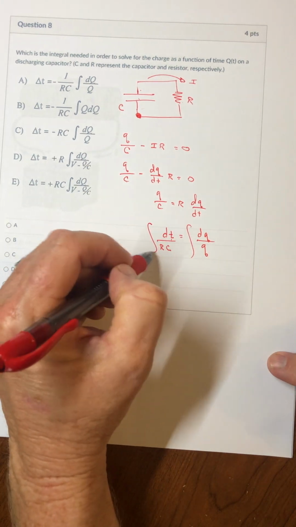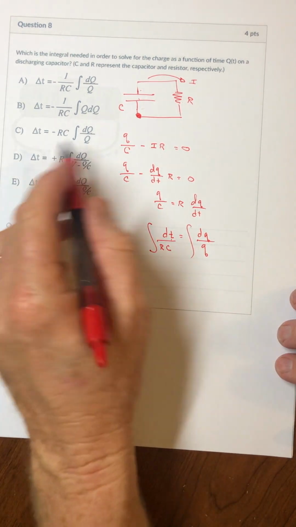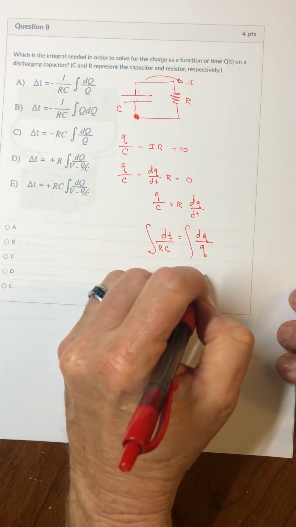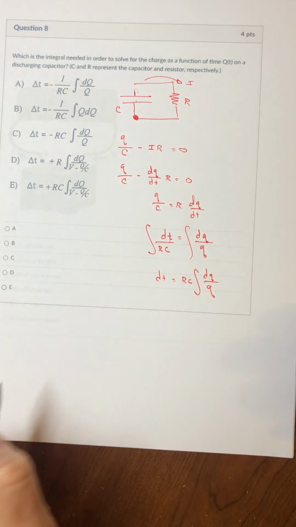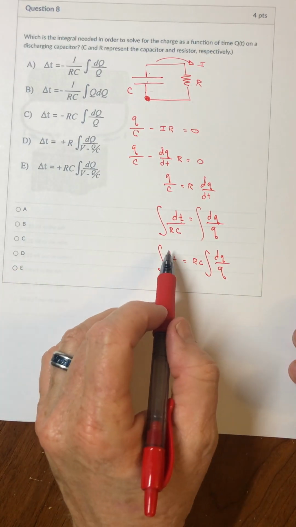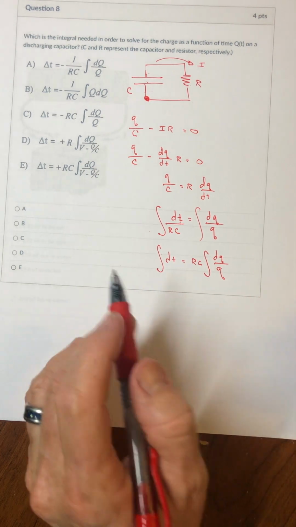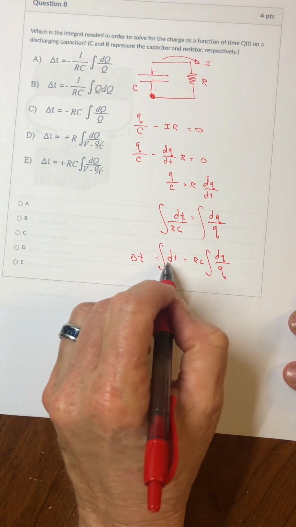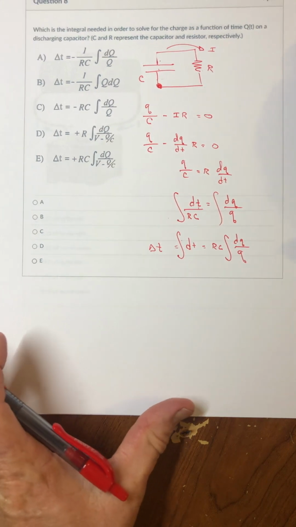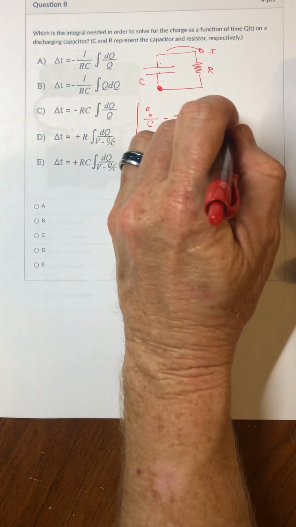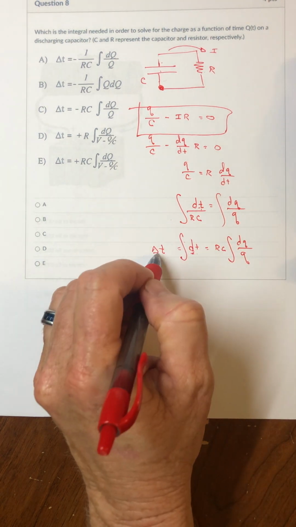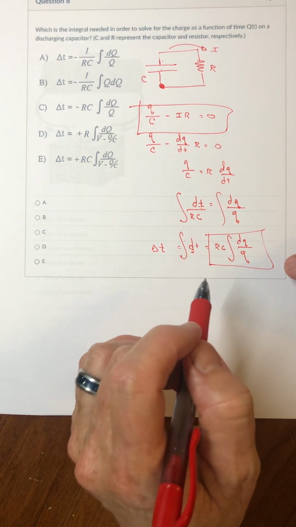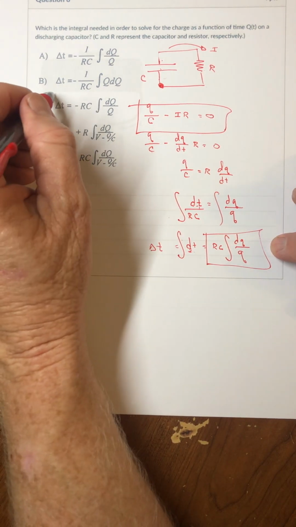Then we did an integral here, but maybe just to make it look like what we want, we should get time by itself. These are just constants, so you can pull them out and put them out here on top. Then this would be what we mean by a delta t. So if we get dt by itself, the integral is dt. That's the crux of the problem, to be honest: to write out Kirchhoff's law, get dt by itself, and do an integral. Whether the integral on the other side is easier to do or not doesn't really matter, because we have right here